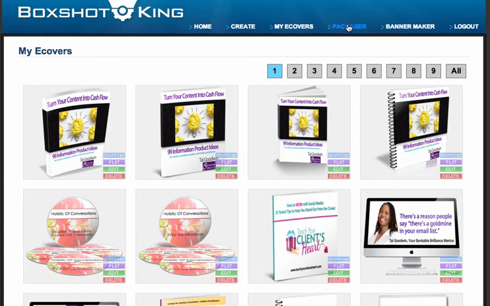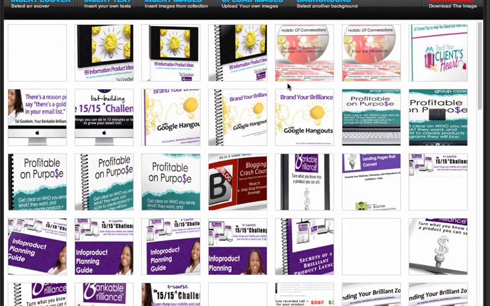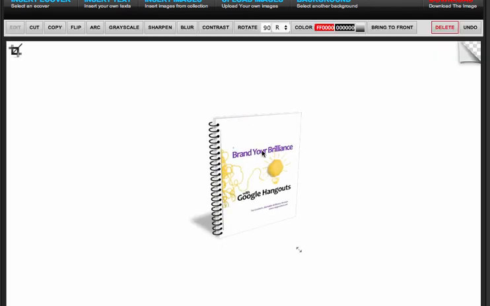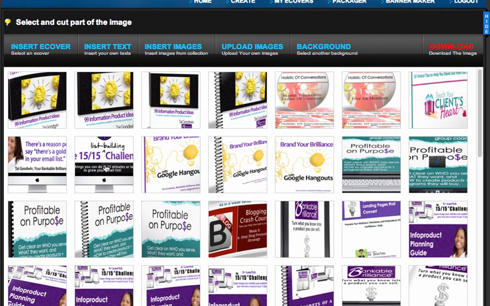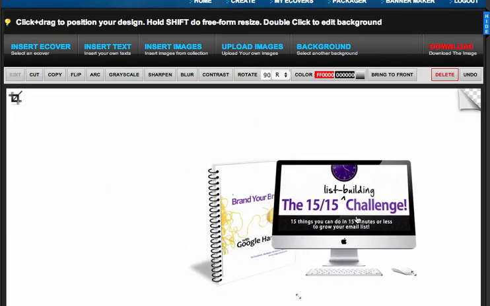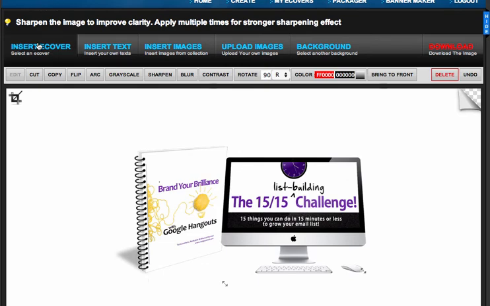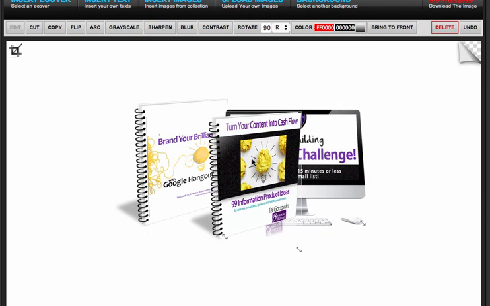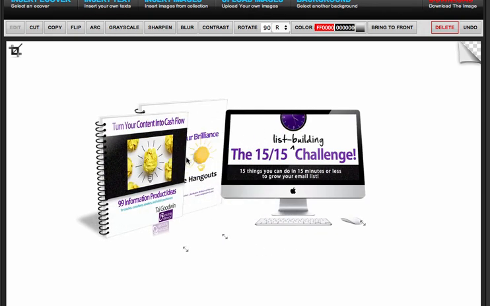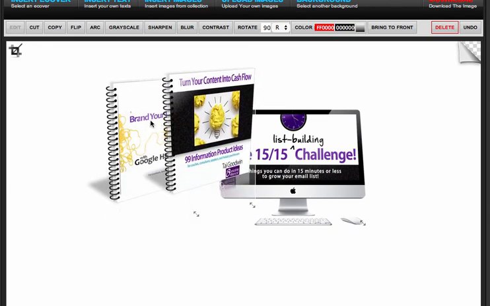One of the other great tools with this is the packager. If I wanted to create something that had more than one cover, I can do that. And all I would do is go to Insert Cover, and it's going to let me choose one of the covers that I have. I'm going to insert another one because this is letting me package everything together. So now I've got the Brand Your Own Brilliance for Google Hangouts, and the 15/15 List Building Challenge, and I'm going to pull up the first 99 information product cover that I made, and I'm going to add this to the list. And I can rearrange these. So for example, if I want that to be in the front,